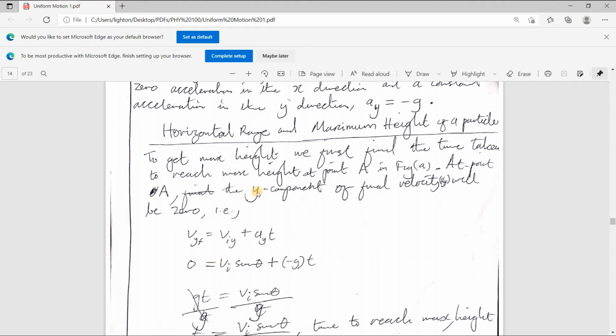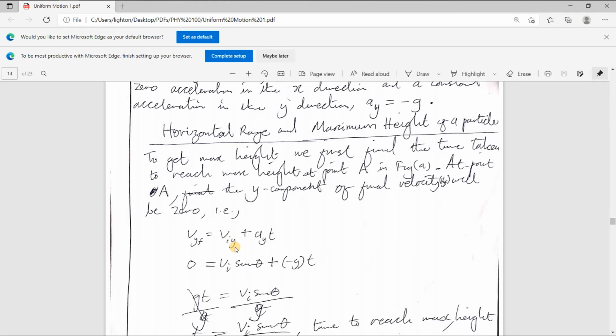This is us dealing with the y component first to find the maximum height, to find the time to reach maximum height. So now, final velocity in the y must be 0 because vertically, that particle should come momentarily at rest. When we consider the y component, it will be 0 is equal to V subscript Iy. Now, Viy must just be the initial velocity